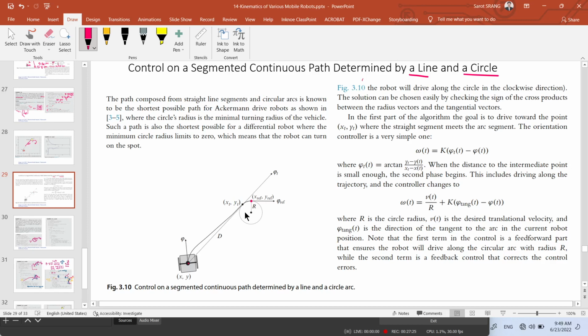So the line segment is drawn from the instantaneous location to the tangent point on a circle here. Okay. So from the start, well, actually, this point is not fixed. This point is not fixed because